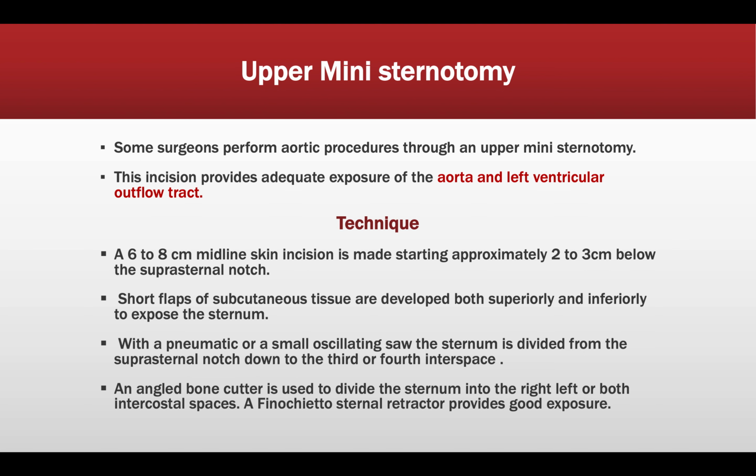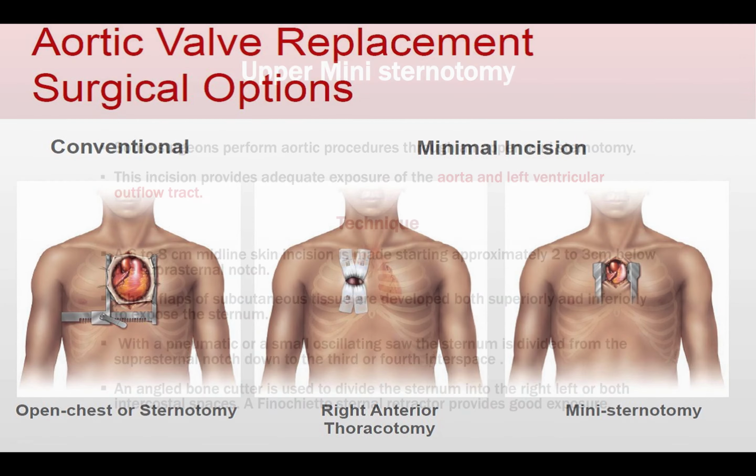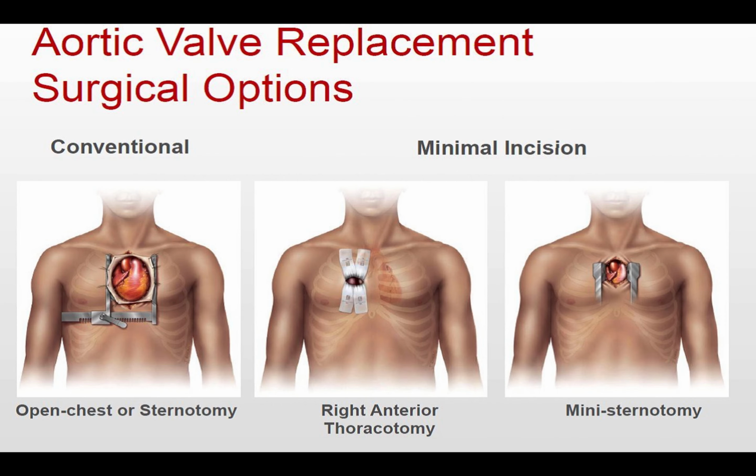After that, we use angle bone cutters to divide the sternum into the right, left or both intercostal spaces. A Finochietto sternal retractor provides good exposure. So, aortic valve replacement surgical options: